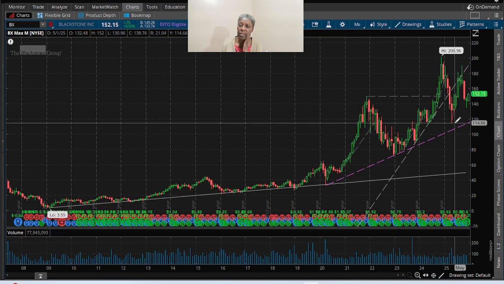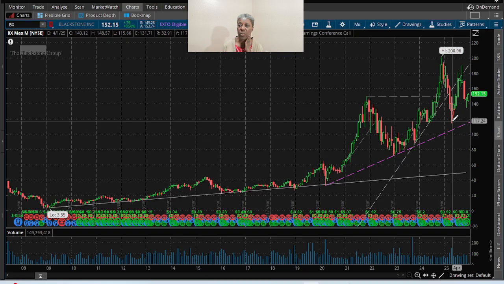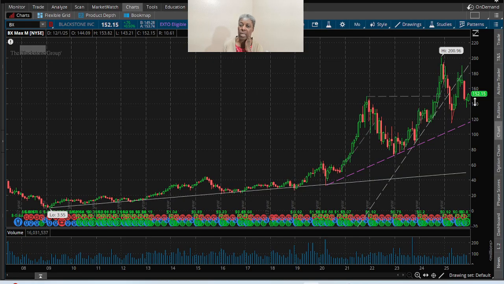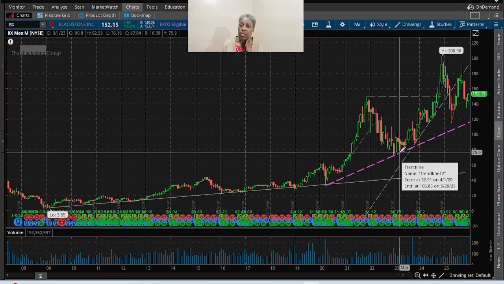So, but again, because it's not a line, it's an area, it could just be how low it wants to come down. Therefore, it could well be on its way up. So, therefore, if you want to buy, it could be the time to buy. And it could well,